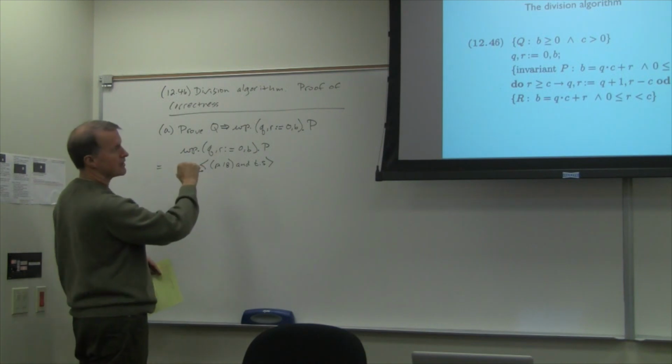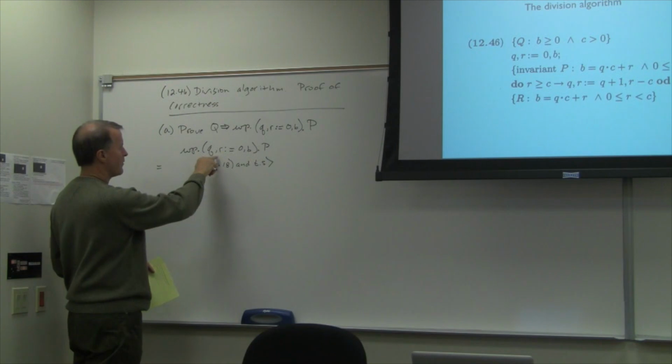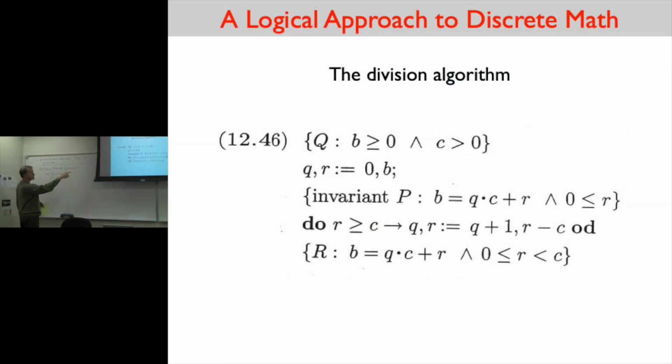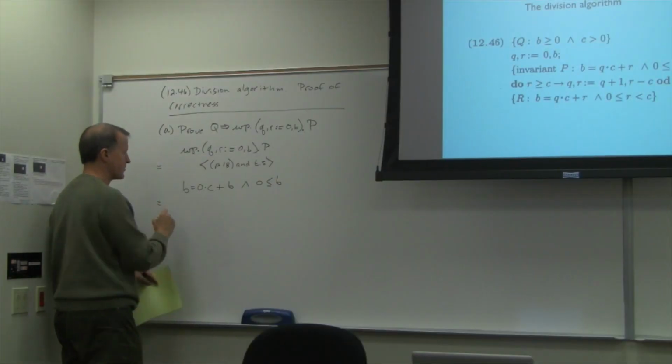We have to substitute in, let's see, how does that work? Everywhere there's a Q, we make it 0. Everywhere there's an R, we make it B into P. So what does that give us? B equals what? 0 times C plus B. And 0 is less than or equal to B. Okay? So this equals by,